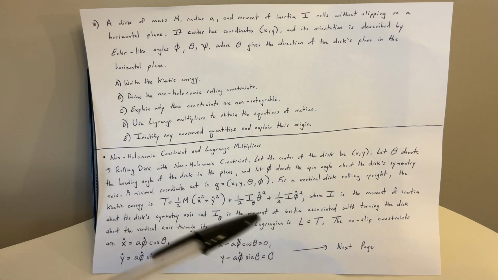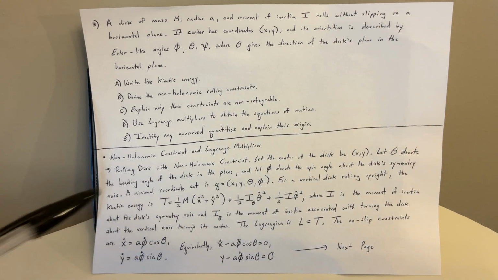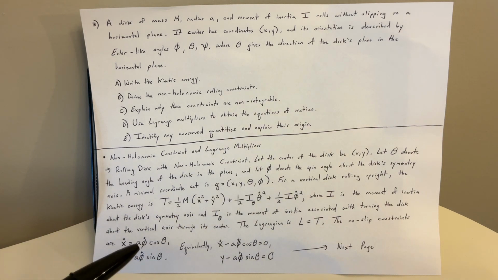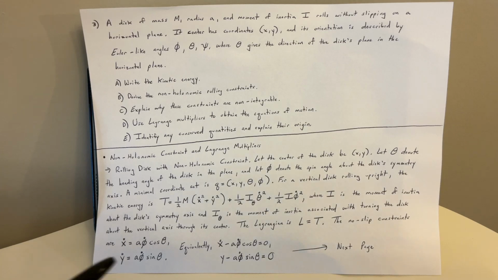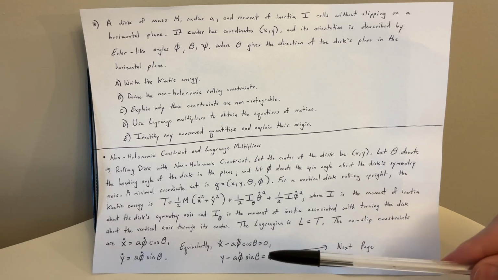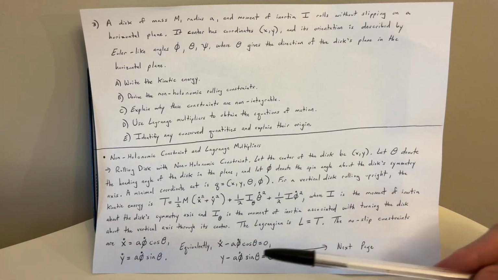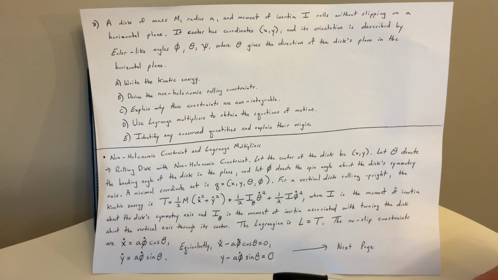So the Lagrangian is L equals T, and the no-slip constraints are x dot equals a phi dot cosine theta, y dot equals a phi dot sine theta, and equivalently x dot minus a phi dot cosine theta equals 0, and y dot minus a phi dot sine theta equals 0. Okay, so moving along with this,